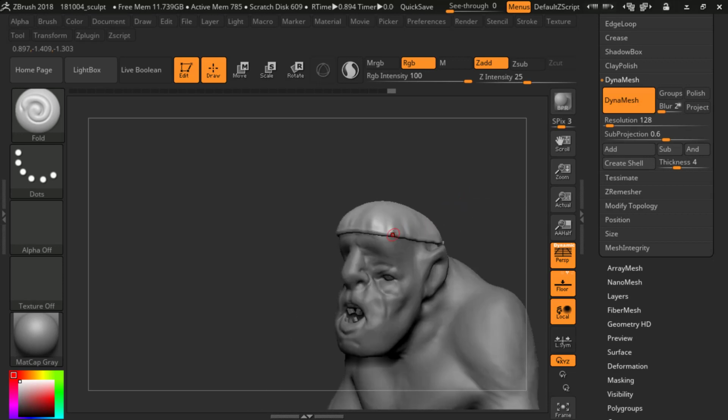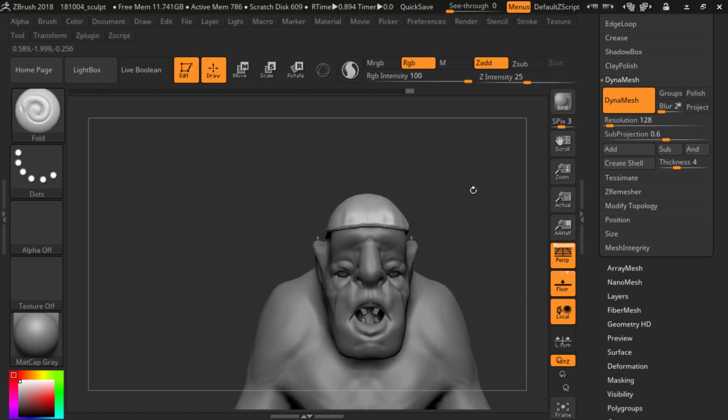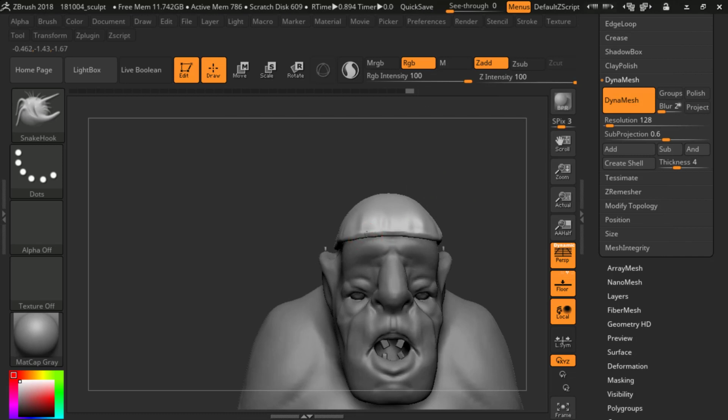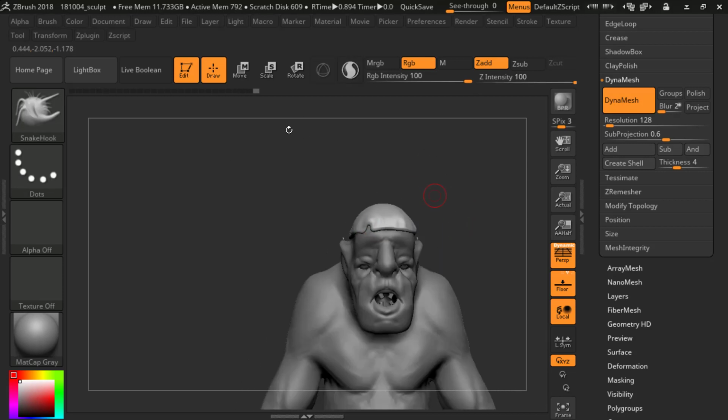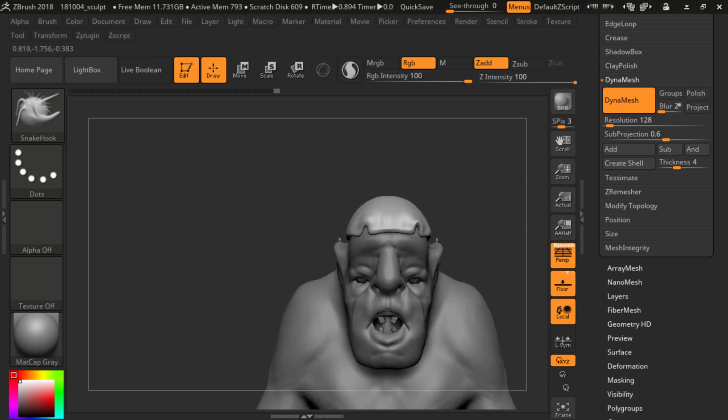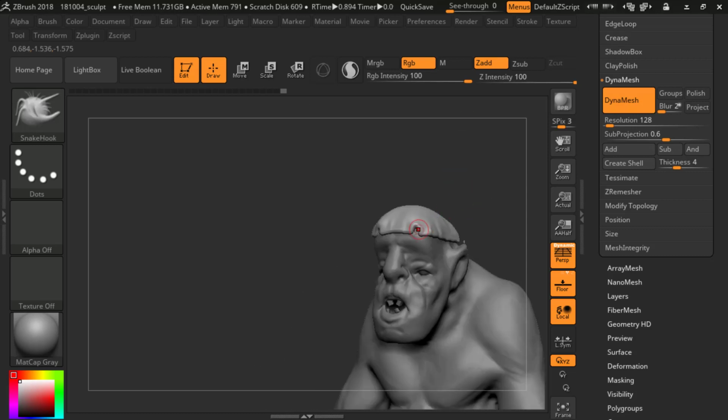Yeah, we could keep working with that, but it needs to be a little destroyed. Probably not so pretty on this guy. Maybe you use the snake hook. You could try some things. Make it a little. Snake hook is kind of nice to just. It's kind of like the move, but it's